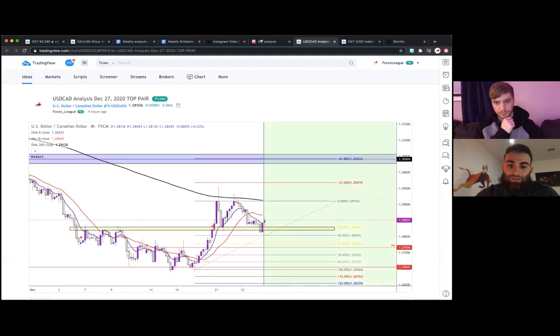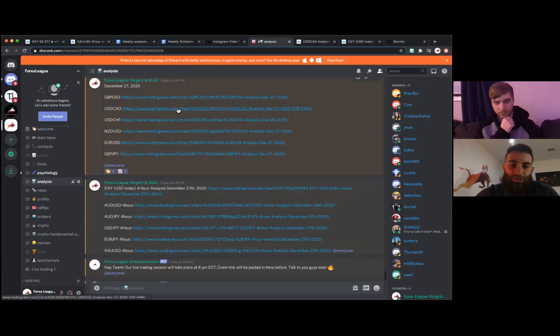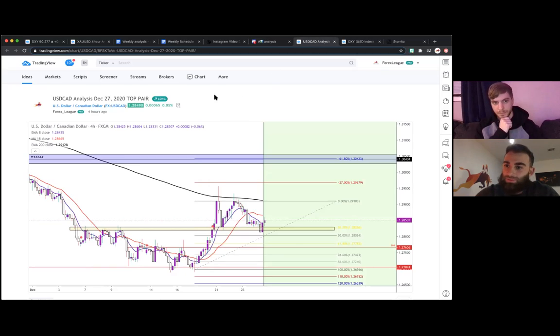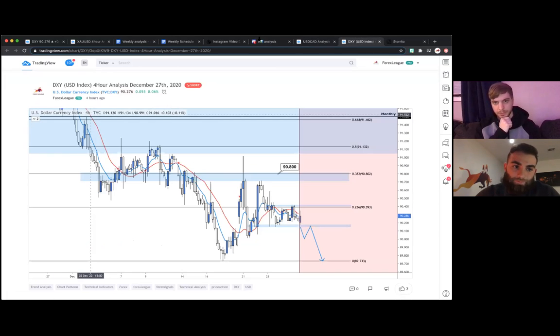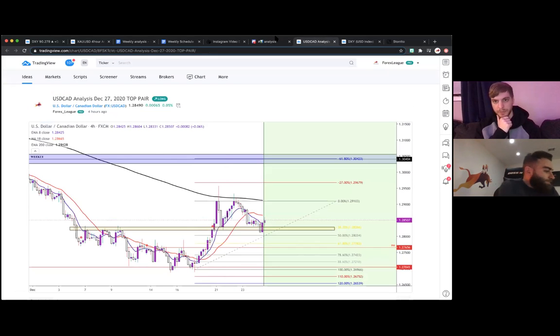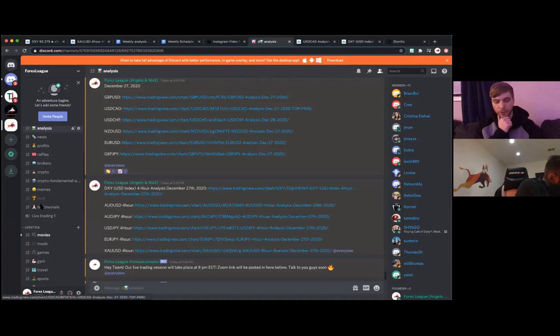This analysis can be used, guys, throughout the entire week this week. So don't think just because we did the analysis today it's invalid. We normally do it on the higher time frame, so 4-hour, daily time frame, it'll most likely be valid for the entire week. All these are 4 hour or above, and then we'll drop lower time frame stuff